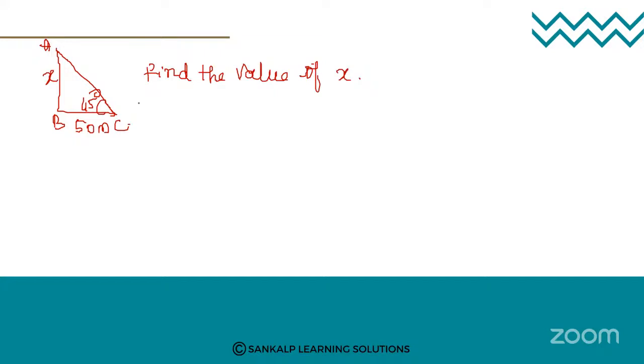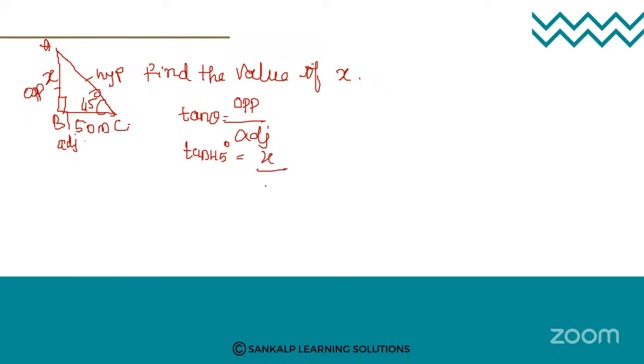Now what will you do? X is here. Here it makes an angle of 90 degree. X is the side opposite to theta, so this is the opposite side, this is the hypotenuse, and this is the adjacent side. We want the opposite side, and we also know the value of the adjacent side. That means opposite divided by adjacent side is tan theta. Yes or no? So the theta value they have given, that is tan 45 degree is equal to the opposite side